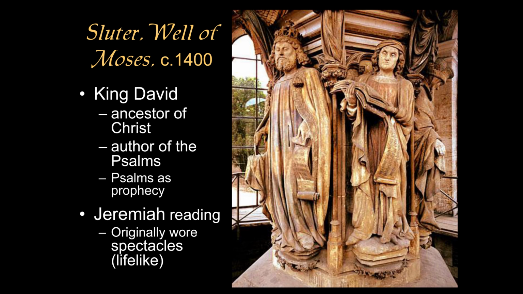And we'll have some details so you can see some of the details of the carving as well. It's been suggested that he did use live models. Now, we don't know. One thing that also increased the verisimilitude, besides painting them, was the fact that the statue of Jeremiah, who is reading, you can see he has a book open and then he has the scroll with his prophecies. He actually did wear glasses. There were little wire-frame spectacles on him. They don't survive, but they were recorded.